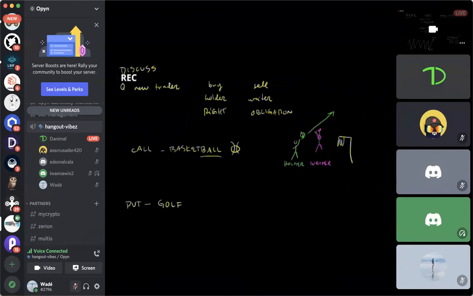So this is like putting, and this is like basketball, where you're aiming for an objective above the strike. But you don't want to just think, okay, it's just above the strike. You want to think about the perspectives of both the holder and the writer. So you want to think about whether you're buying an option or selling an option. Generically, I think it helps people to equate buy with holder